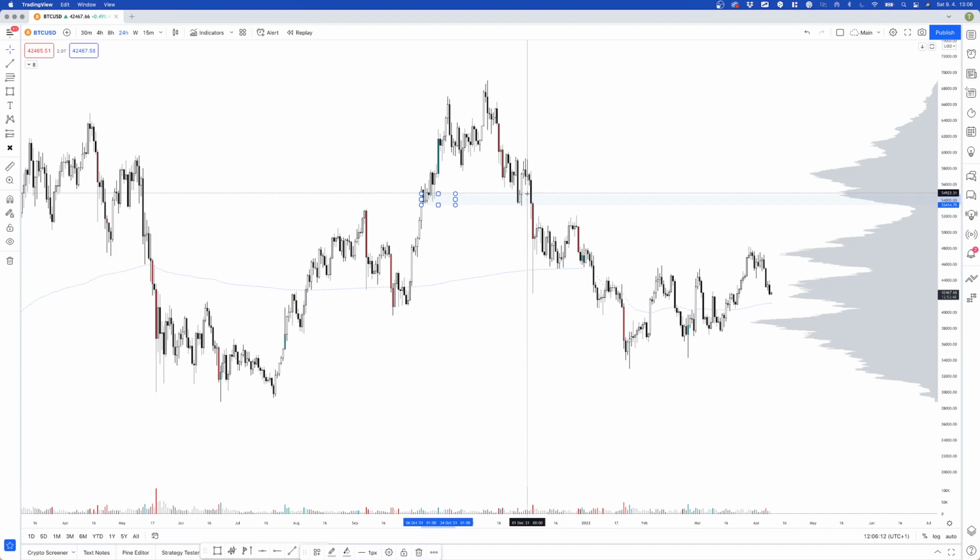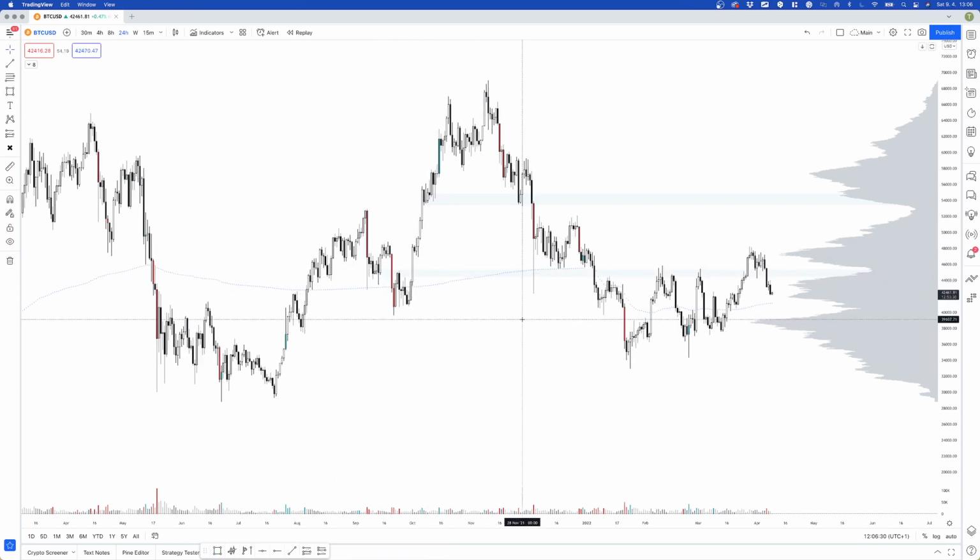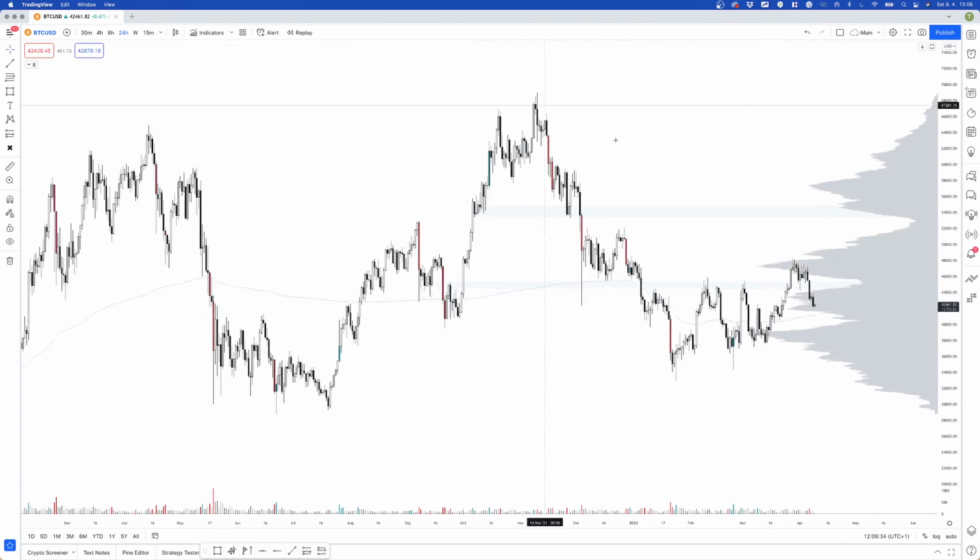When you have a level of support, basic price action trading comes with the idea that if the support is broken, we are most likely going to another level, which would be some kind of resistance here, for example. What is great when it comes to the profile is you can look at these different distributions and get the idea of how